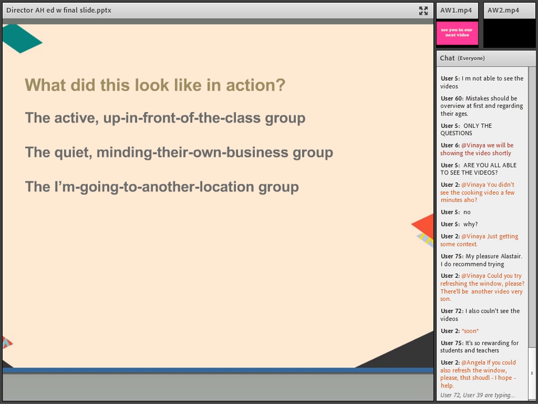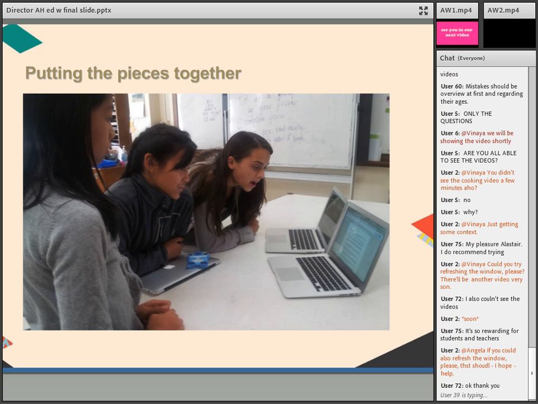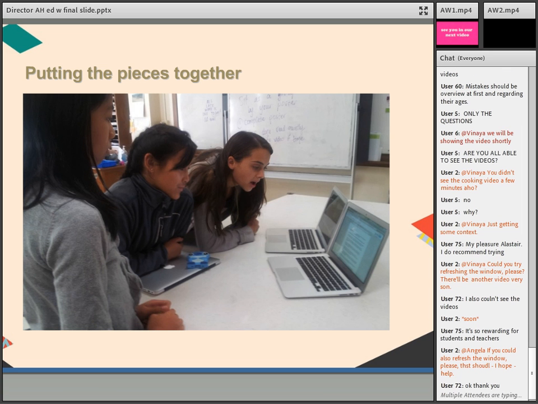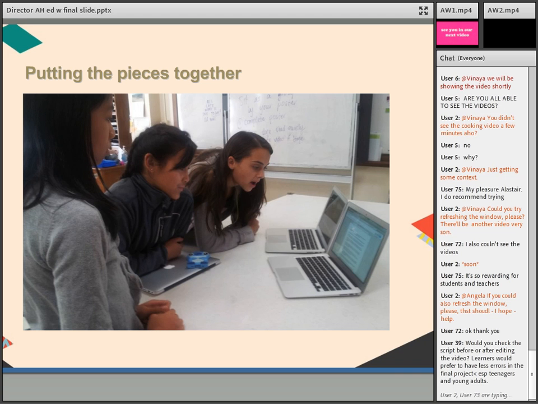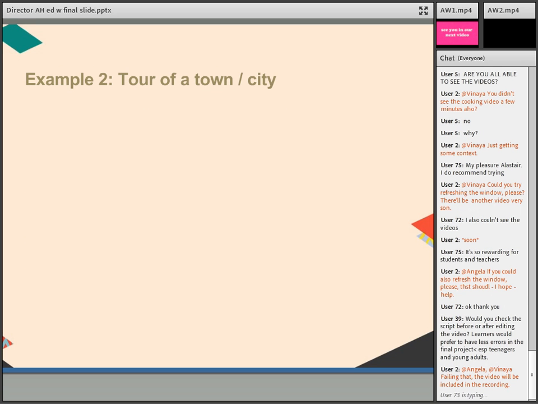You'll notice in this example I'm about to show you that the audio, they did a terrific job. You can hear a lot of voices in the background because it's not a recording studio, it's a school. Here are the girls working on their audio in the science room. You can see on the screens, I don't know if it's visible, the narrative on the right side. They're reading that, and on the other computer they've got the actual video. They figured this out on their own. I did not have to tell them how to do this. They figured out how to time it. Really impressive. So here we go.